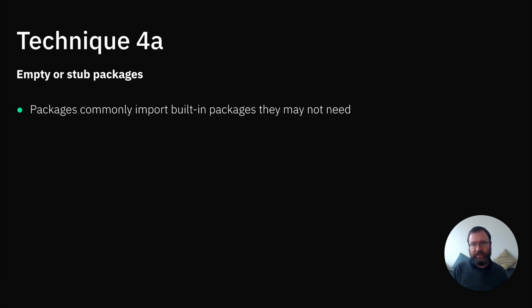Another common issue is that a package imports a Node.js built-in library that actually isn't really needed. For example, the pg package depends on the pgpass package to read passwords from a .pgpass file in your home directory. And most of the time, and certainly in a serverless environment, almost all of the time, you're not going to need that functionality. But because the pgpass package tries to import the file system package, fs, to read that file, that makes bundling fail if the fs package isn't available, whether or not you're ever going to use that